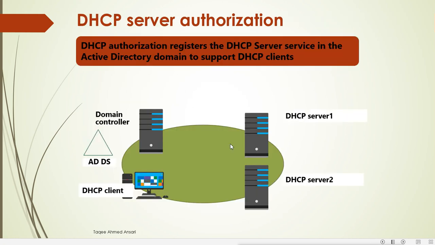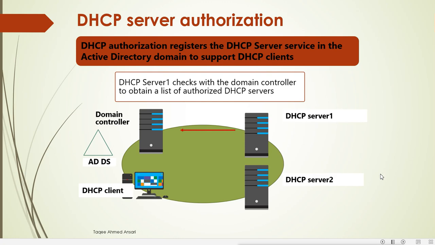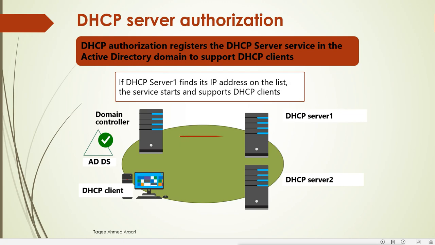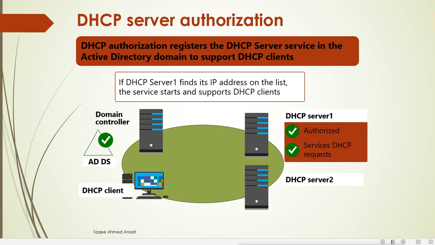Now when the DHCP server is not authorized, it cannot provide the IP addresses to the client. So DHCP authorization registers the DHCP server services in the Active Directory domain to support DHCP clients. For example, we have two servers here, server 1 and server 2. DHCP server 1 checks with the domain controller to obtain the list of authorized DHCP servers. First, to provide the IP addresses to the clients of the domain, the DHCP server has to check whether it is authorized or not. If the server is authorized, then it will get the response that you are an authorized server. The DHCP services will